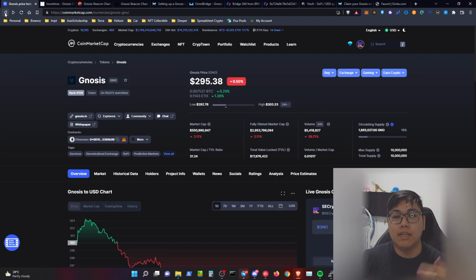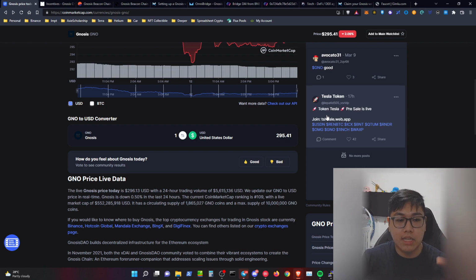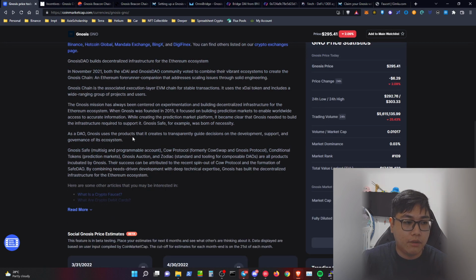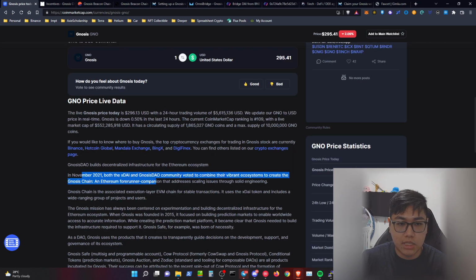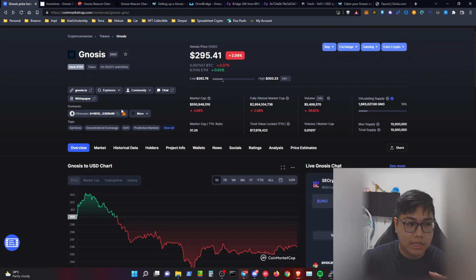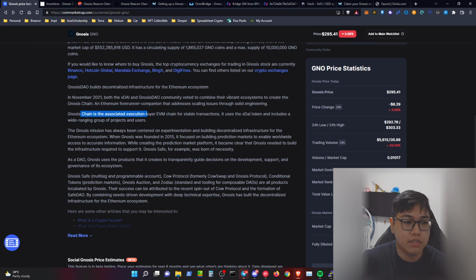From there, it's generating some money out of somewhere, and that is a nutshell of what DAI is. And of course, DAI and Gnosis are collaborating, basically combining the ecosystem. Right now you can see that the chain has been combined, and it is called the Gnosis Chain, or beacon chain, if you want to call it that way. Over here you can see the Gnosis Chain itself is the execution layer of the Ethereum Virtual Machine chain, basically compatible with the Ethereum blockchain for stable transactions.